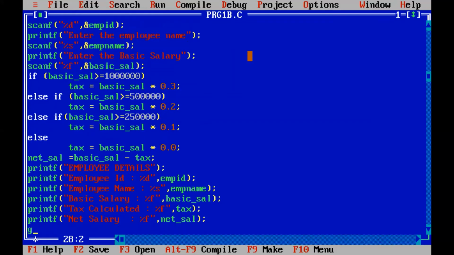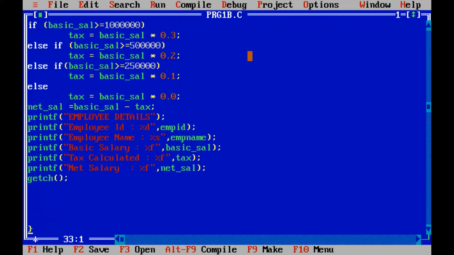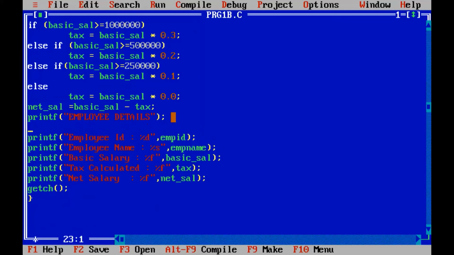And after that, in order to see the output screen, we should be keeping a getch. I told you, right? Where is our getch? Always, in order to catch hold of the output screen, we should be keeping a getch. What else we need? If I am giving employee details, these are the details which are going to be printed. We will give one underline, okay, to make it look good, as if it is printing and showing the complete details.